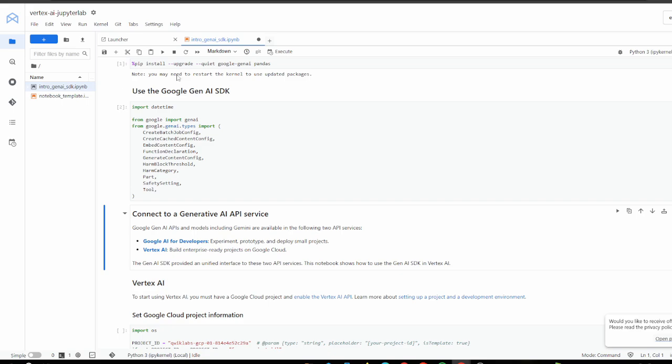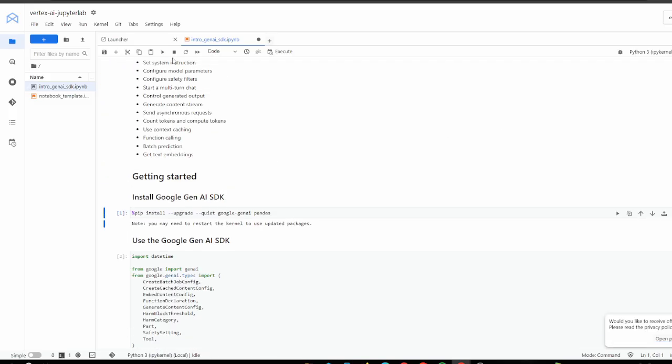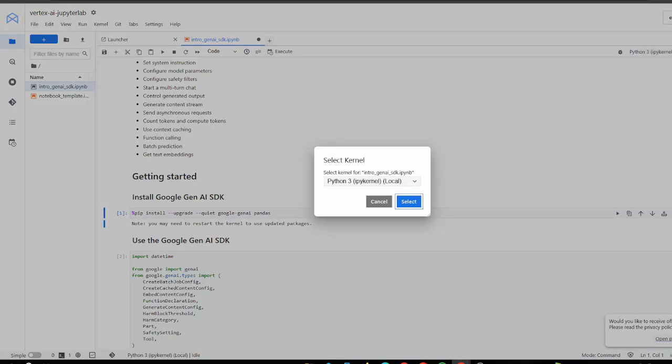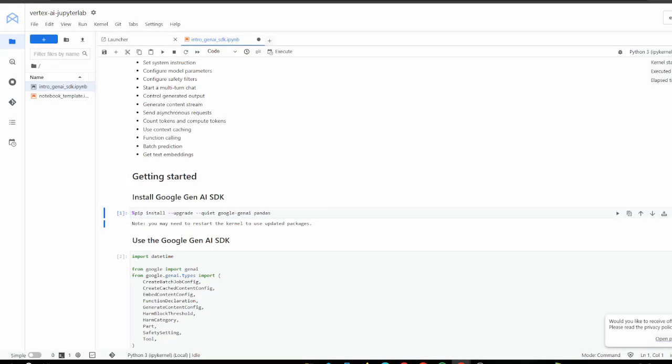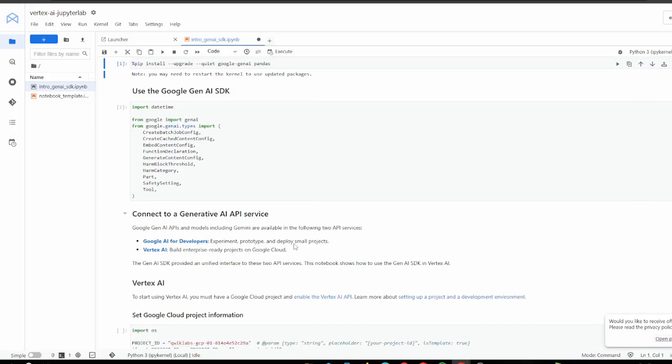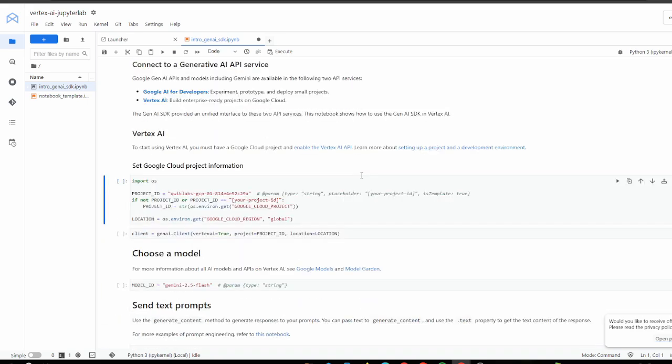Imported successfully. We may need to restart the kernel, but they didn't give us any command to restart the kernel. I already selected a kernel. Alright, it's cool for now. Let's see, we have already imported the libraries as well. So just run the cells, and over here